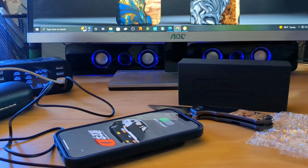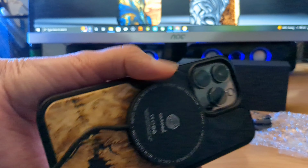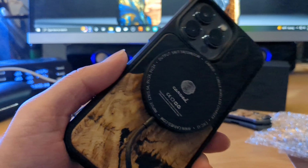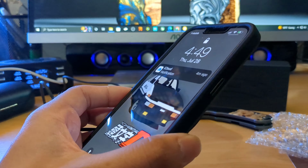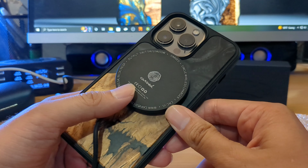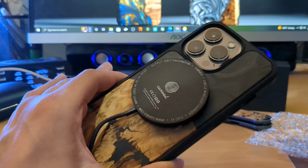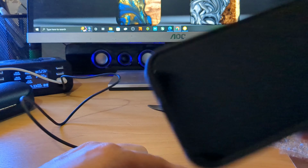So you do know it works because my iPhone did make that little charge logo, and it does stick. So it's kind of like, I guess, a MagSafe charger. I didn't realize this. I might end up using this case. The reason being is because I usually use a Spigen case, which has a MagSafe inside of it, so I didn't realize that this was a MagSafe charging case as well, which is pretty cool, and it's a cool added little feature that you get. Now, of course, keep in mind, usually I feel like the MagSafe chargers take a little bit longer to charge on there. But anywho,